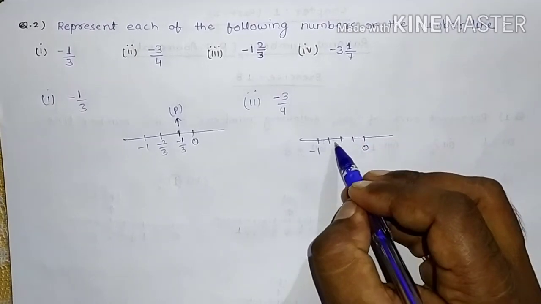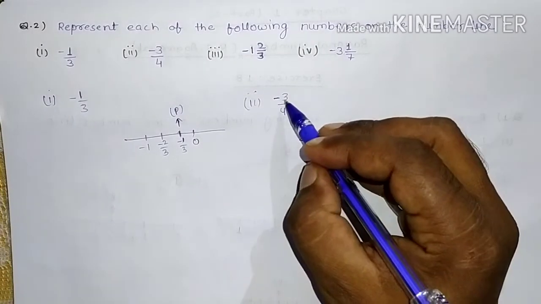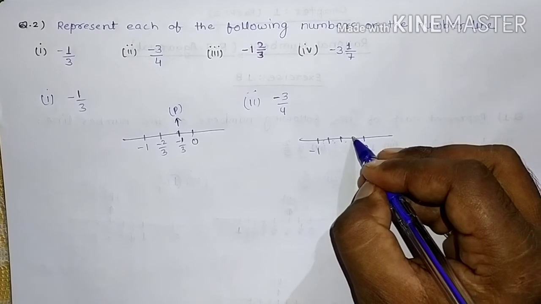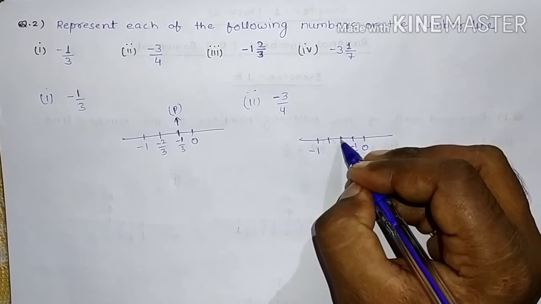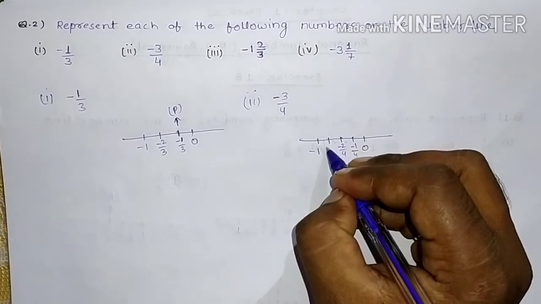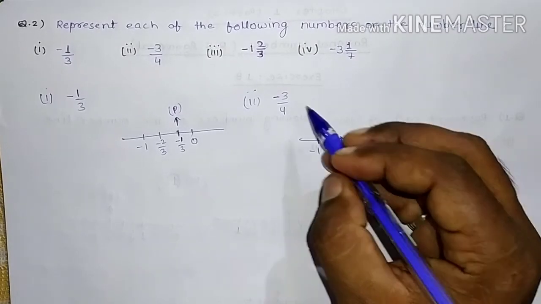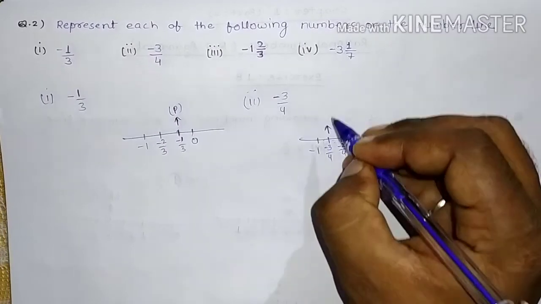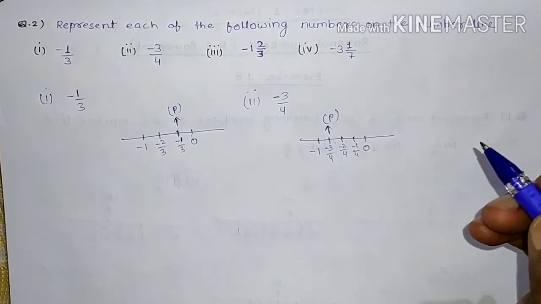So this is the first part, second part, third part and fourth part. There are 4 parts and the numerator is 3 here, so just move from 0. First one, let's suppose -1 by 4. This is the second, that is -2 by 4, and this is the third, this is -3 by 4. So we have to represent -3 by 4, so this is -3 by 4, and let's suppose this point is point P, which shows -3 by 4.